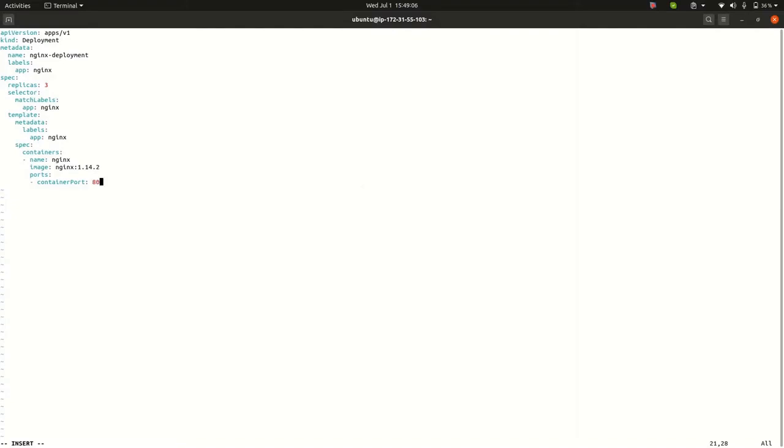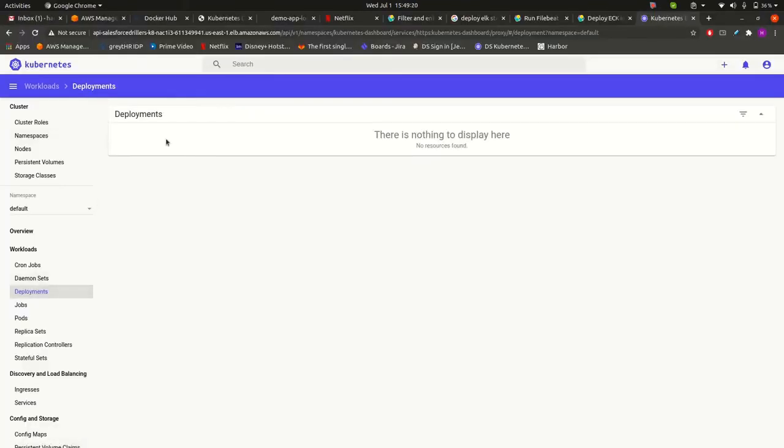Yes, so let me just explain this YAML to you. What this YAML is saying: kind Deployment means this is a deployment YAML, and the name says nginx-deployment. So this will be our deployment name. When you deploy this particular YAML, in the deployment we will get a name that says nginx-deployment,